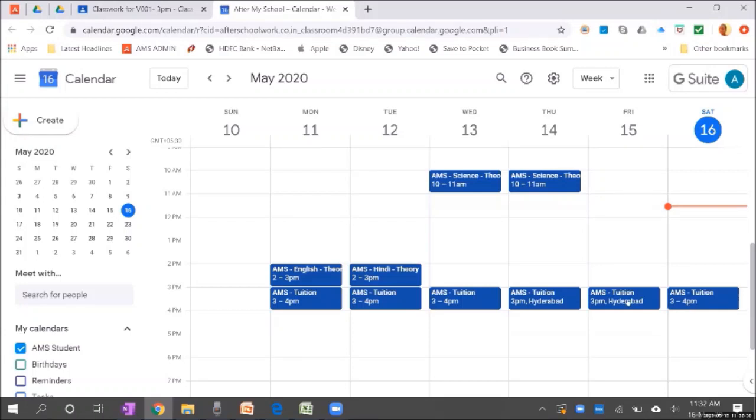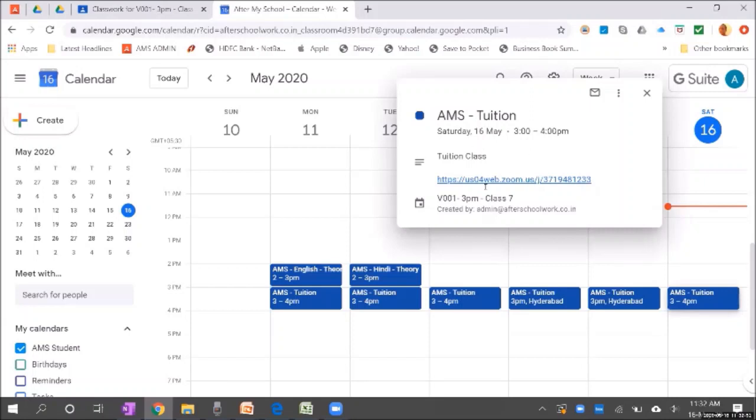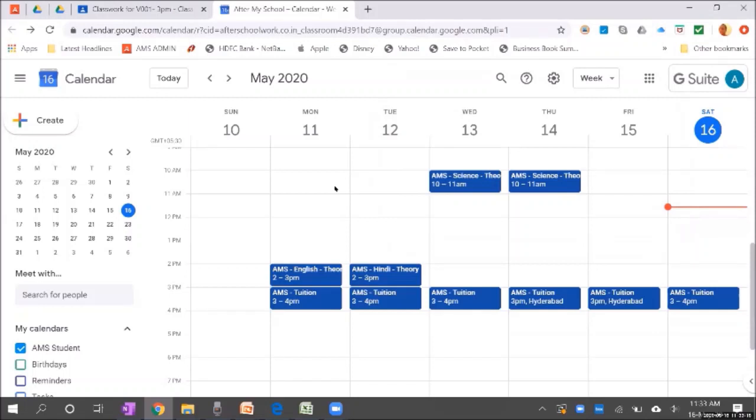Now this can be seen in the Google Classroom app. The child can just click on this and see this feature, and the best thing about this is you can click on this particular event. It will automatically show the timing and also the Zoom link. By clicking on the Zoom link, the child can join the class immediately. So even remembering the meeting ID or Zoom link, which sometimes can get lost, all that headache will go away. The calendar is an excellent way of tracking when the classes are there.